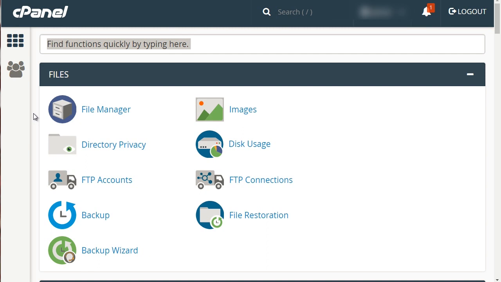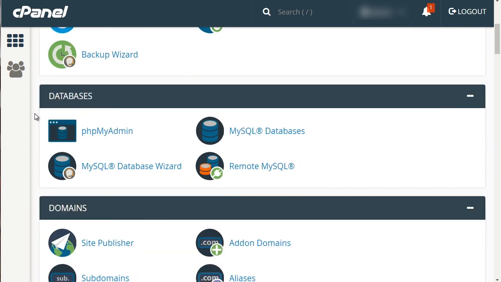So to create a MySQL database, it's super easy. Let's start at the top. Make sure that you're logged into your CPanel, and what you want to do is scroll downwards and look for databases. If it's different, then basically what you want to do is look for the MySQL database wizard, and this will walk you through step by step. It's the easiest way to go. So first things first, click on this,